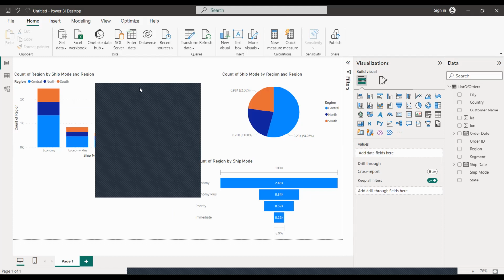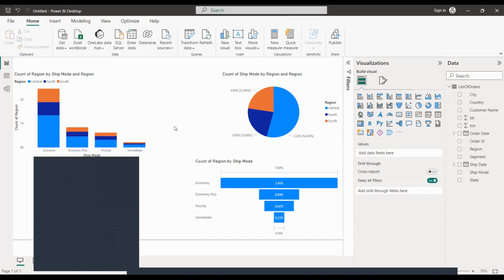I think the economy is obviously showing it's doing well. But can the turnover also show that a region is not doing well? Look at it now. All the information is there. For the regions, we have Central, North, and South.